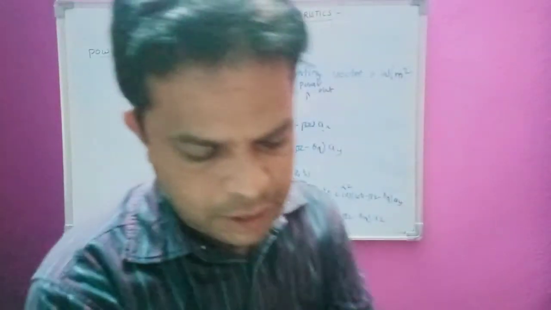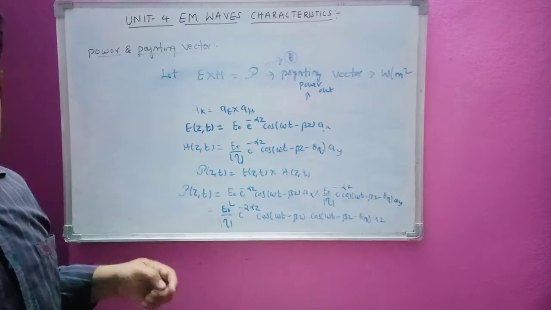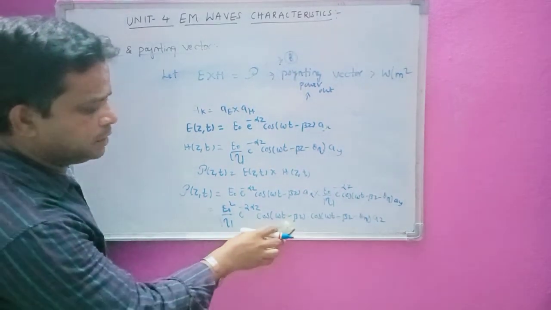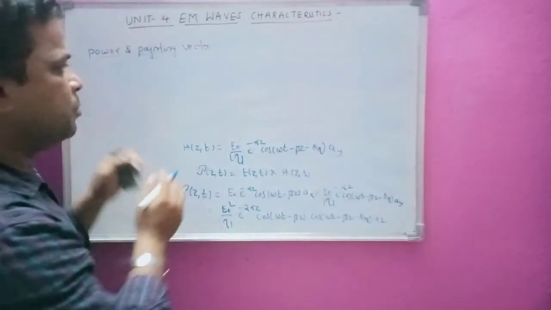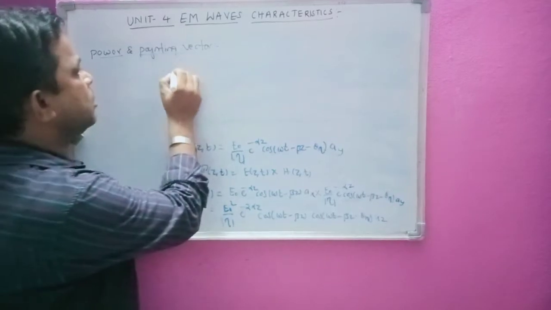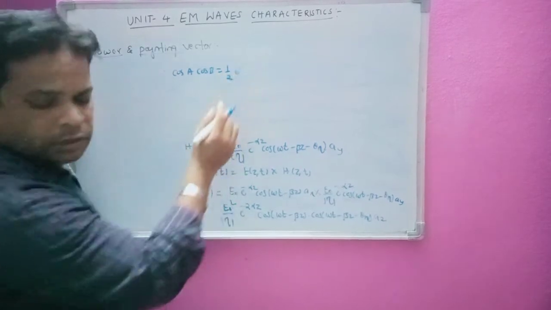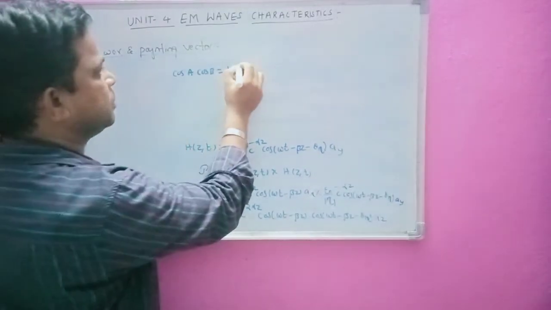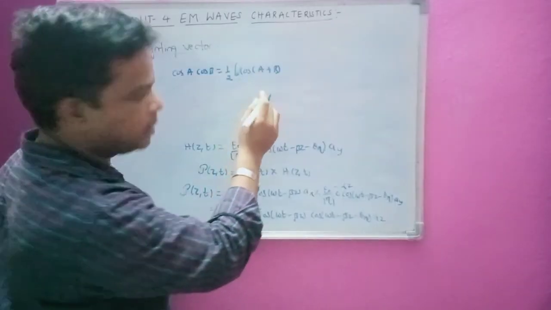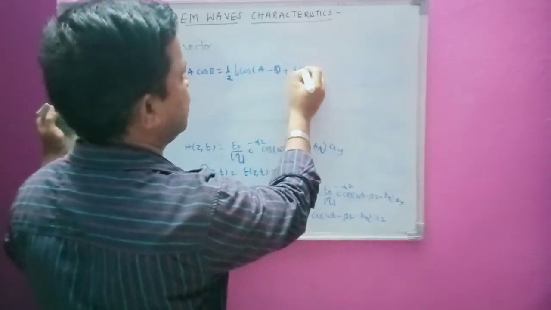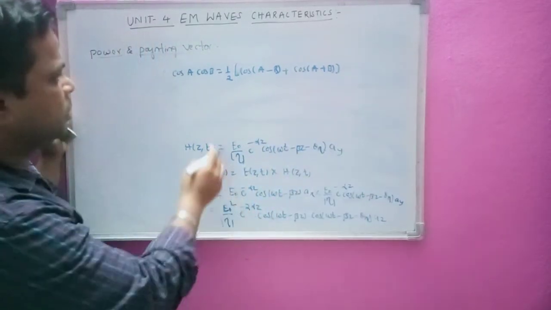Now I am going to use cos of a minus b here, that is cos a cos b. So for this we are considering cos a and cos b. So I am going to use the formula cos A cos B here. Let us see what happens. It is equivalent to cos A cos B is equal to 1 by 2 [cos of A plus B plus cos of A minus B]. Now here we are going to use that one. So what happens, let us see.